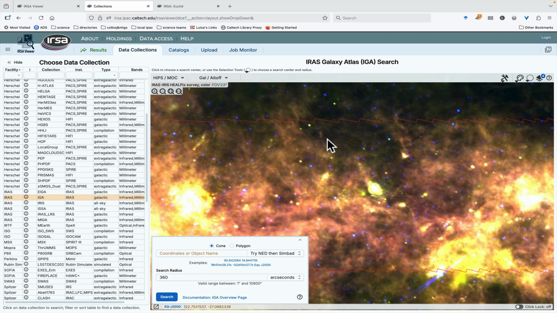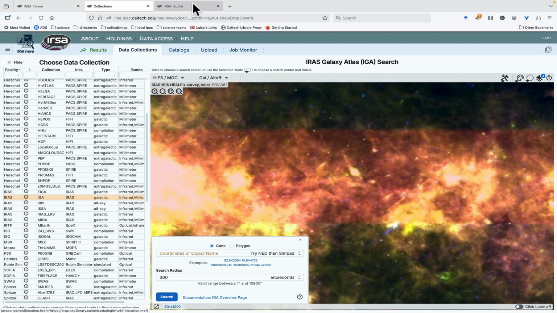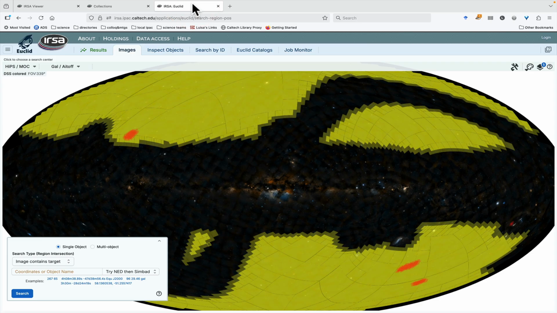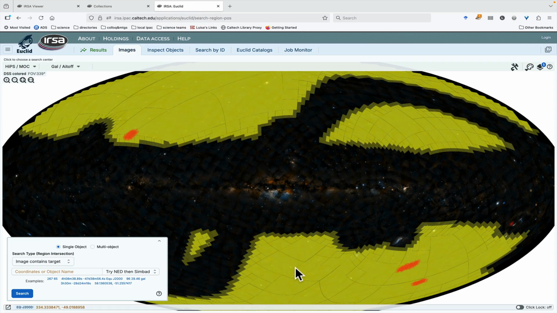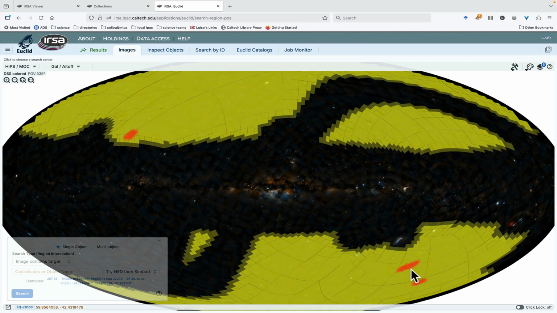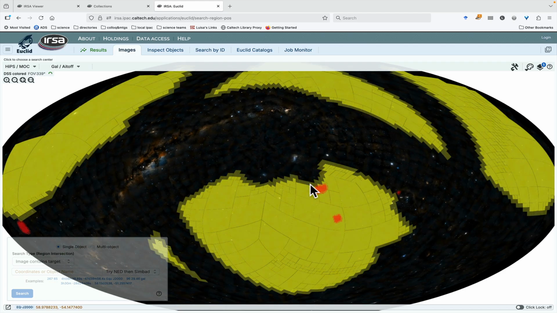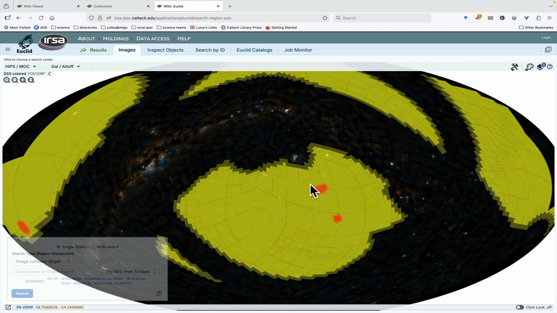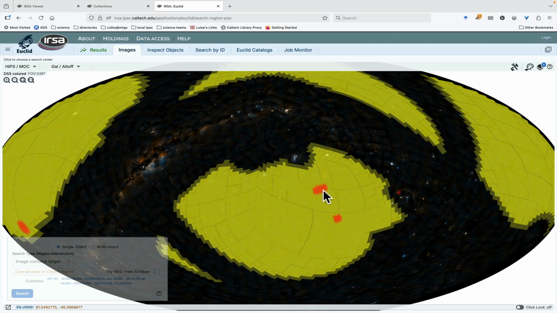is underneath. It's much more obvious in the case of, say, Euclid, where in this case the yellow is planned observations and the red is the released observations. In this particular case, it was particularly confusing because so much of the sky is not going to be observed and so little of the sky has already been released. It's much more obvious now by having the MOC filled by default to know where there are data or where